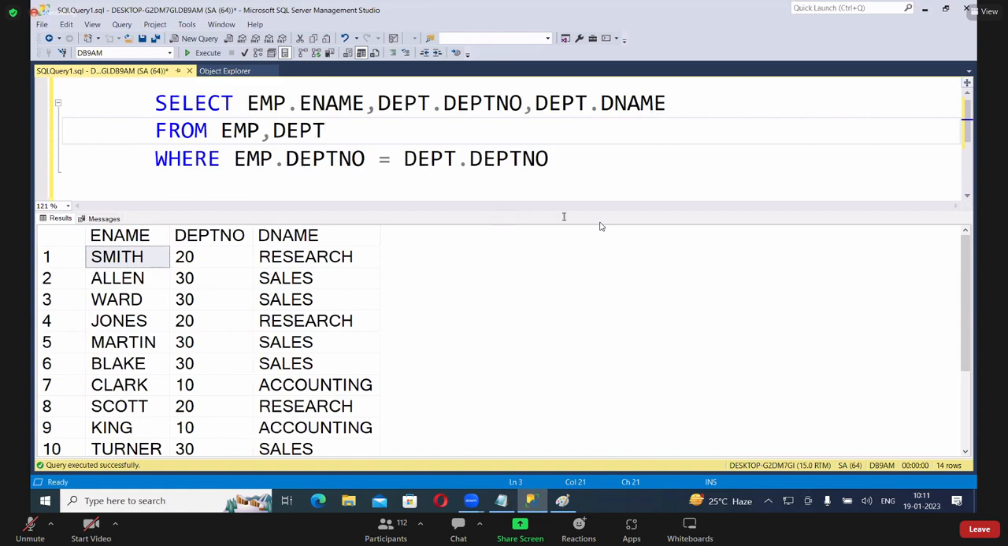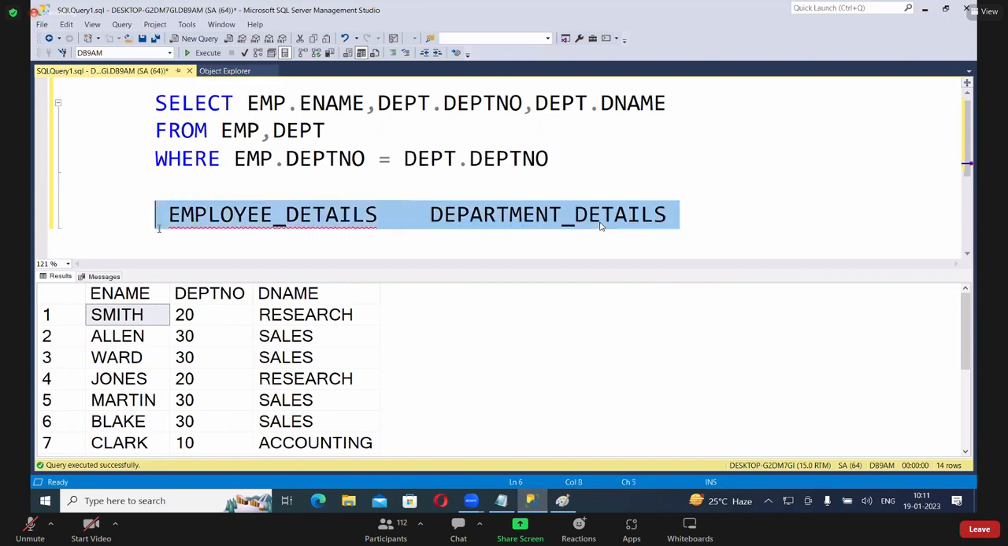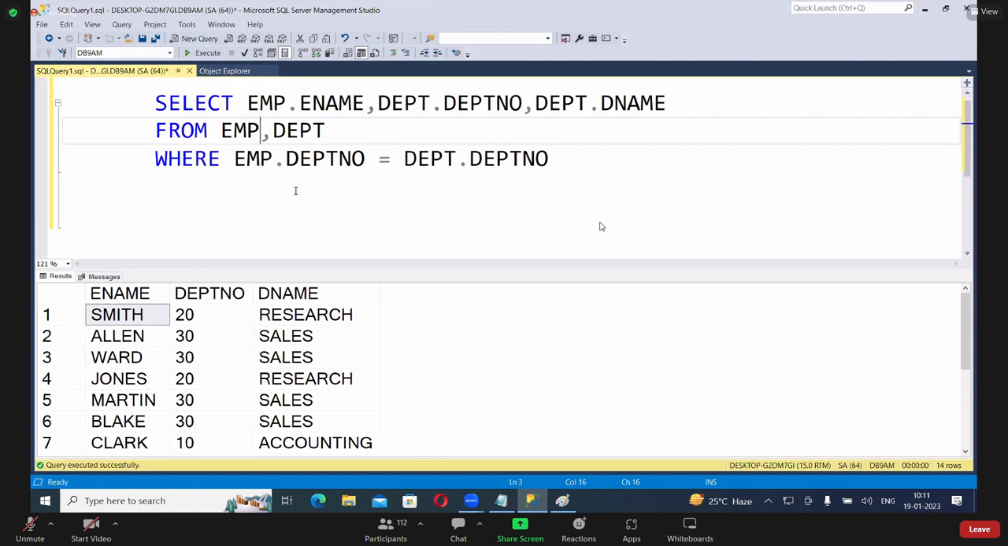But in real time, table names may be something like Employee Details and Department Details. If the table names are like this, you have to write the table names here, here, and here, a number of times. Then it is difficult for the developer because the table name is lengthy. You have to type a number of characters. So to overcome this problem,